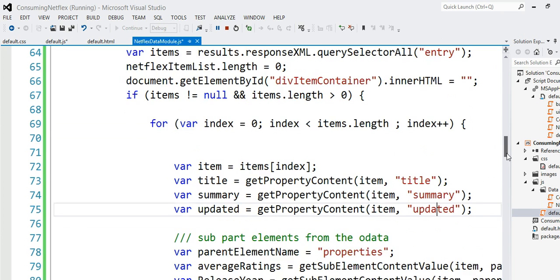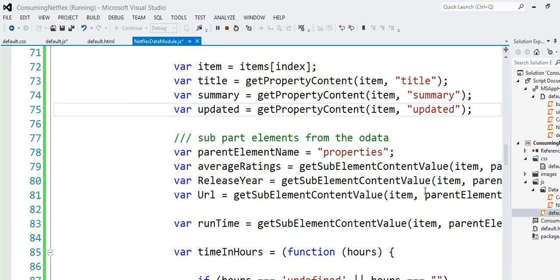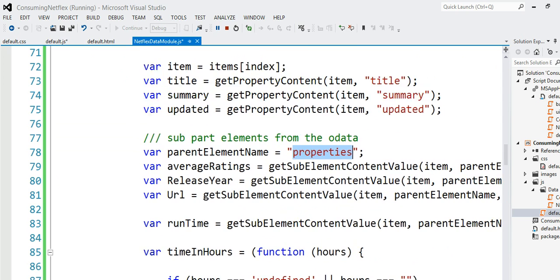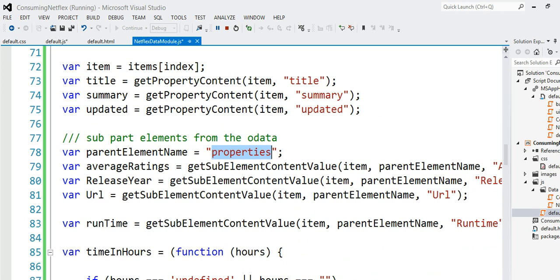However, I need to grab information like the release year, average rating, and then URL. Those are not like a child, they were like a grandchild. And of course the child was properties. That's why I had an additional method. So this method basically